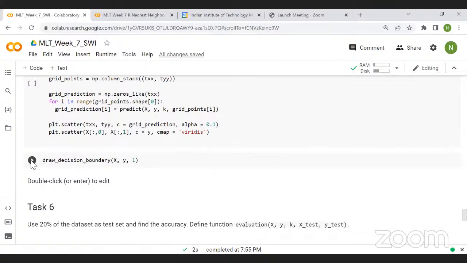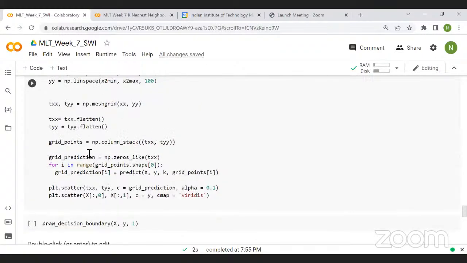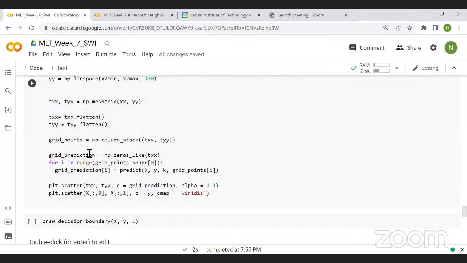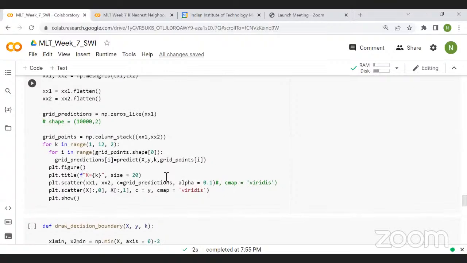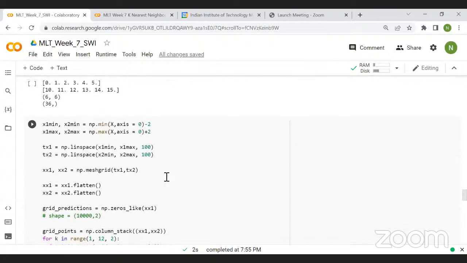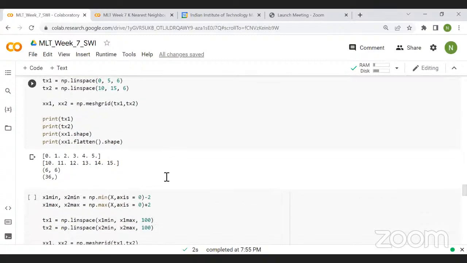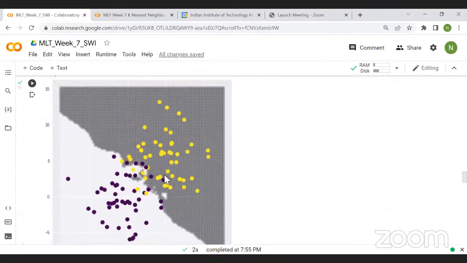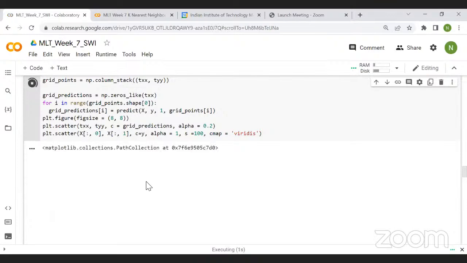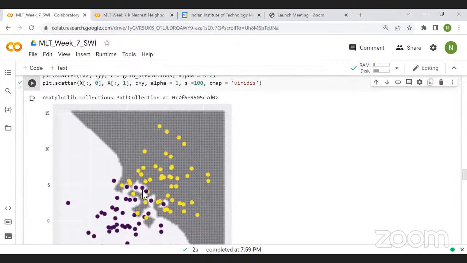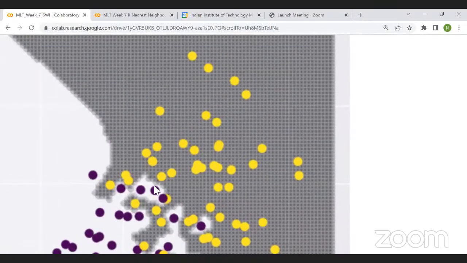What does K represent here? Like in K nearest neighbor, how many nearest neighbors we are finding, so when we increase it, why does the graph become smoother? Okay, so let's look at k equal to 1 first. If you set k equal to 1, it will check only one nearest neighbor. So in this particular area, if we make predictions, one nearest neighbor